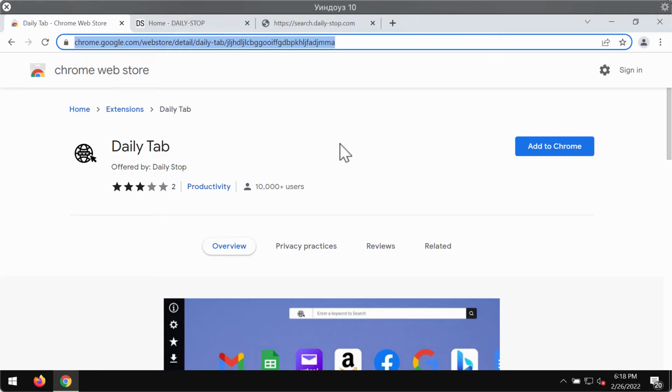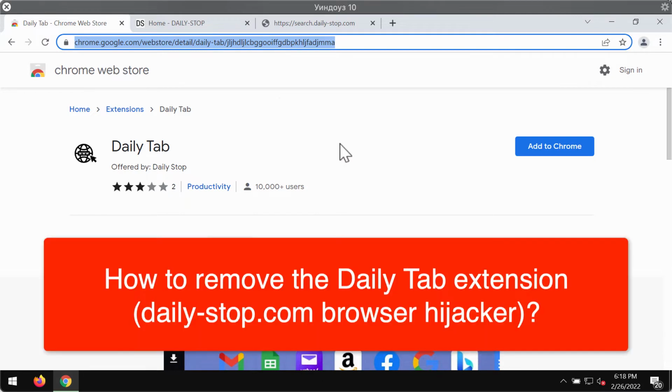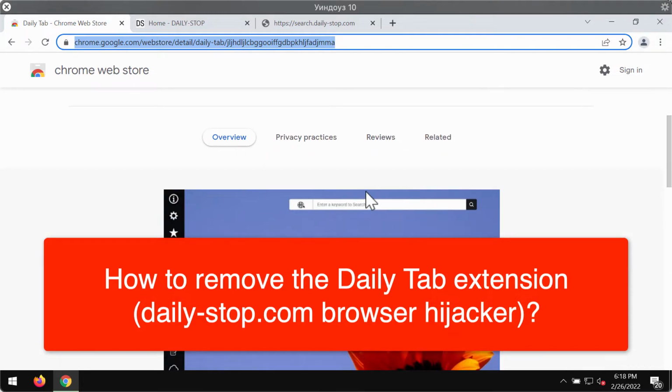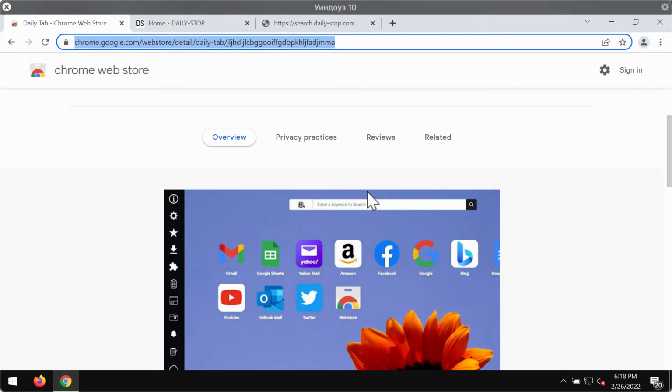In this video guide, we will provide you with help to get rid of the unwanted browser extension called Daily Tab. Daily Tab is a special application or browser extension that is designed specifically for the Google Chrome browser. It was found that Daily Tab is a browser hijacker that changes the settings of the affected web browser to promote the special fake search engine called